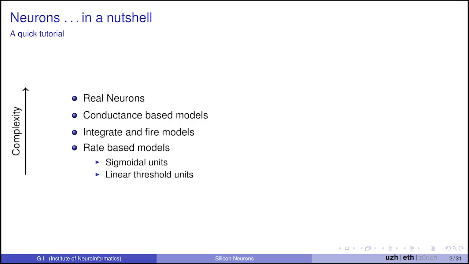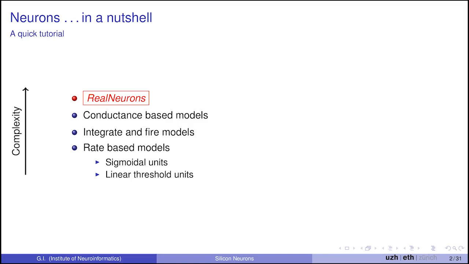So basically, we will see all of these examples. The sigmoid and the linear thresholds we've already seen. As I said, you can do them either with a current mirror or with a transconductance amplifier. So we'll focus more on the integrate-and-fire and the conductance-based neurons, and see the analogies and the advantages of one versus the other. But before we go there,